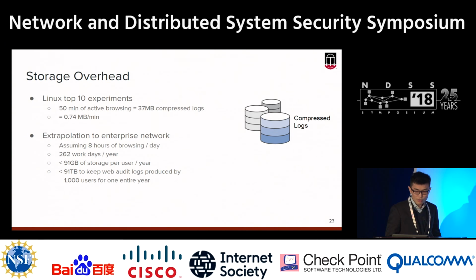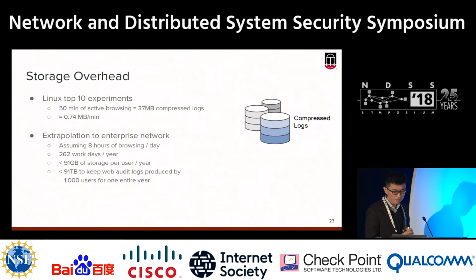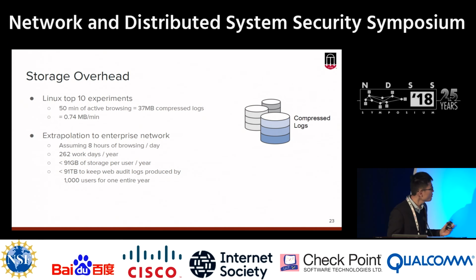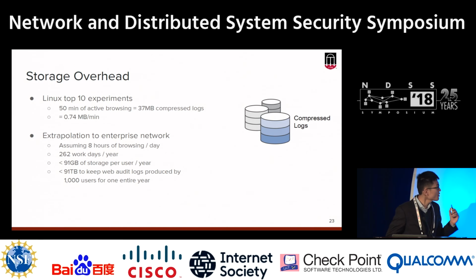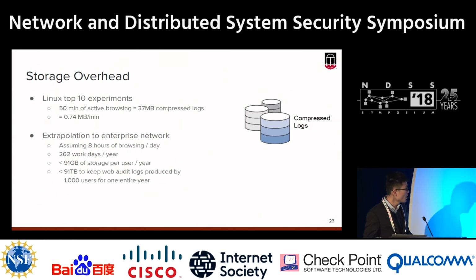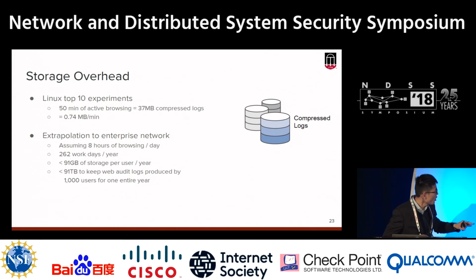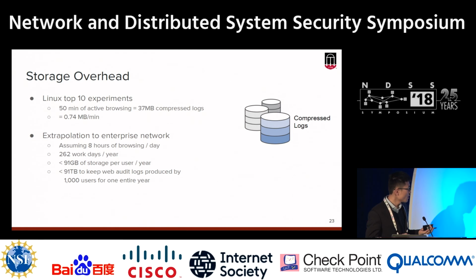As for the storage overhead, take a Linux experiment, for example. We have 50 minutes of active browsing, which produces 37 megabytes of compressed logs, which is about 0.74 megabytes per minute. And if we extrapolate into the enterprise network, assuming 8 hours of browsing per day, 232